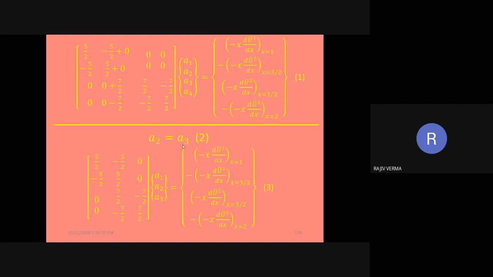Similarly, if you had another constraint equation which is applied between, let's say, the fifth and the sixth node, correspondingly you will have to add the fifth and the sixth column, which is going to lose symmetry, and then to regain symmetry you will have to add equation number 5 and 6 also.